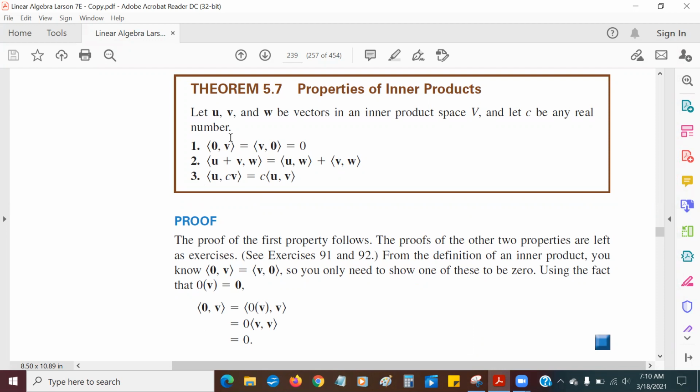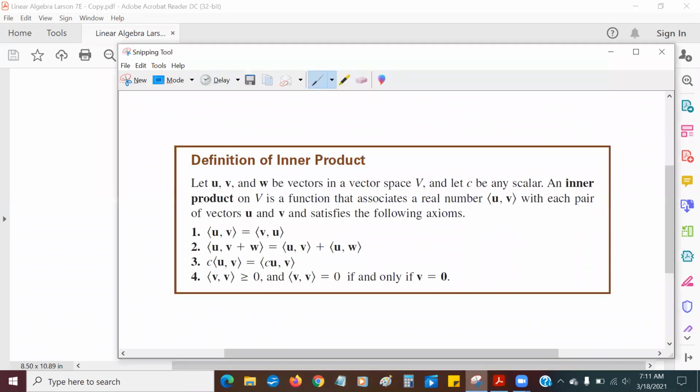That's saying that 0 comma v is equal to v comma 0 equals 0. Now remember, the 0 over here is the number 0, the scalar 0. The 0 over here is the vector 0. It looks a lot like definition 4, that v comma v is greater than or equal to 0, and v comma v equals 0 if and only if v equals 0. The thing is, that's not what this is. That's true, but